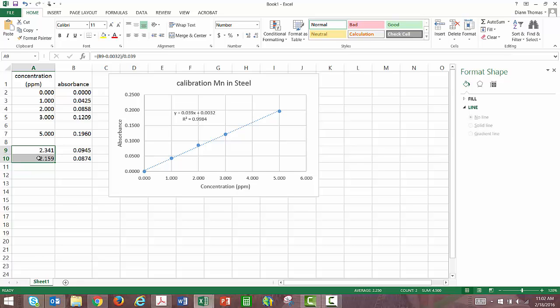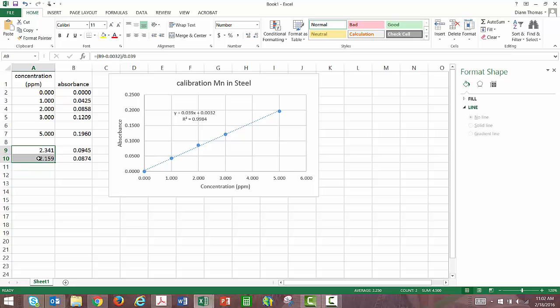Now, I will tell you we had a little issue. We were translating directly from that parts per million into weight percent. We did, and I apologize, I missed this one. We weren't quite thinking clearly. That is the concentration in parts per million of manganese simply in the standard that you made, which was the 200 milliliter solution. So what you really need to do is figure out if you had 200 milliliters of solution,